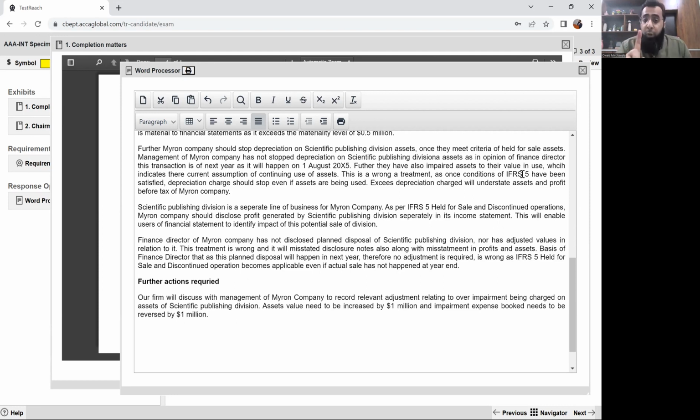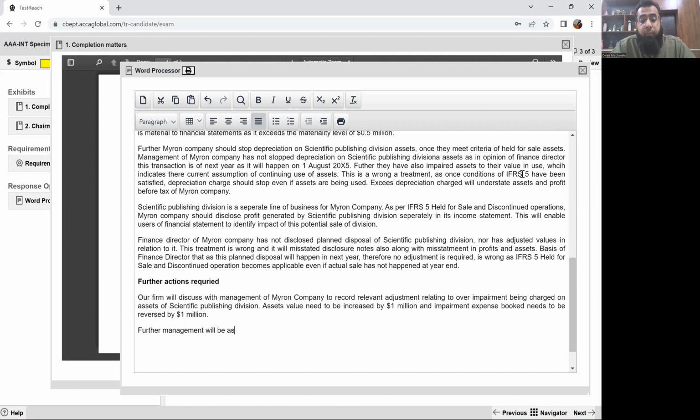Now, one very important thing, please note here. Some students write audit procedures. See, don't write audit procedures. The audit is in finalization. You are not doing audit currently. You are just about to issue the audit report. So you will ask the management to do the relevant adjustments. Okay. Further,